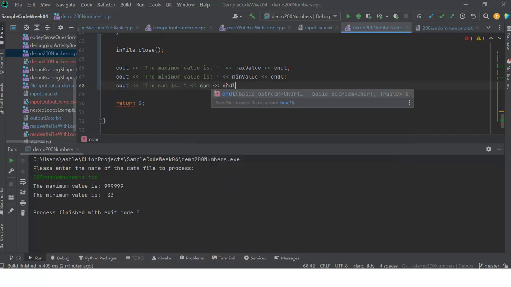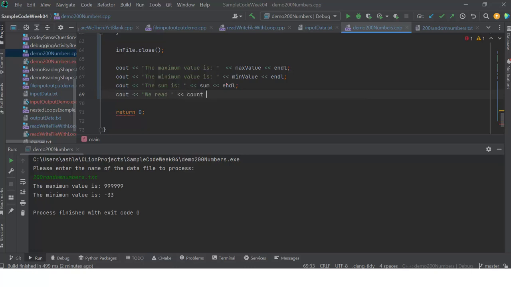And then, of course, my average, we read how many values? We read count values. And then we can say the average is,